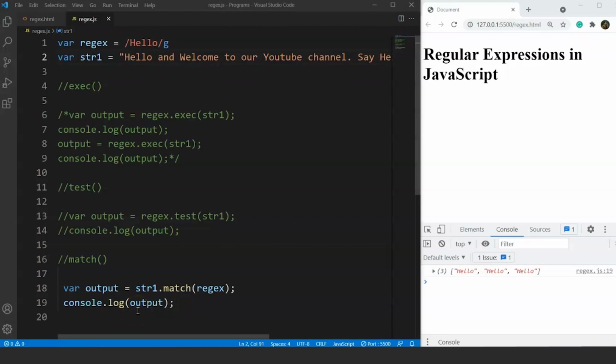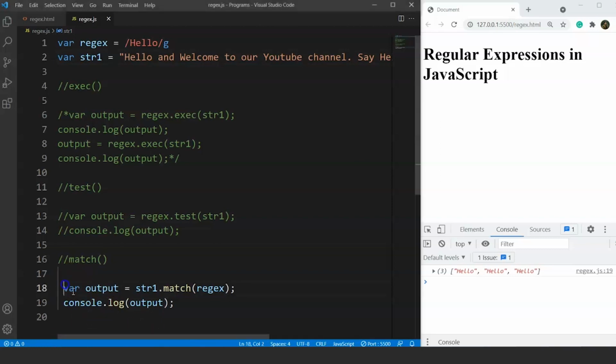Now we are left with one more method, and the method we are going to discuss now is pretty important because we'll use this method in future as well. So the last method is the replace method, which is used to replace something from a string. We can either replace the first matching word or all the matching words from a string. If we are using the global modifier, then all the words will be replaced. Otherwise the first matching word will be replaced. So the syntax for this method goes like this.